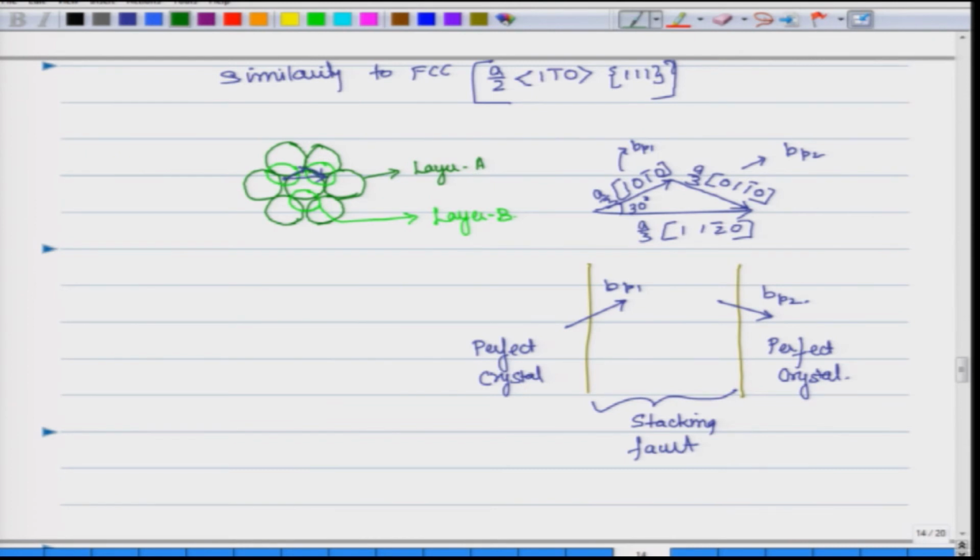So, now if we are talking about this, let us draw this again and assume that. In this particular case we assumed that the dislocation layer B glides over layer A. Okay. But in HCP, because all these planes A and B are not exactly the same, we can have the other situation where you have